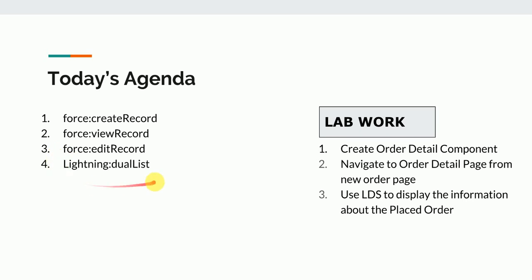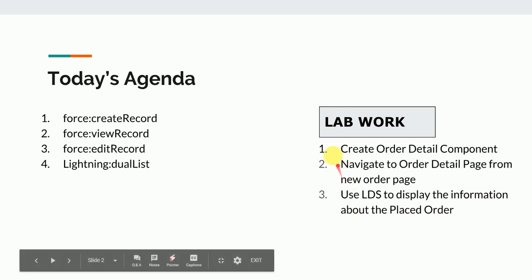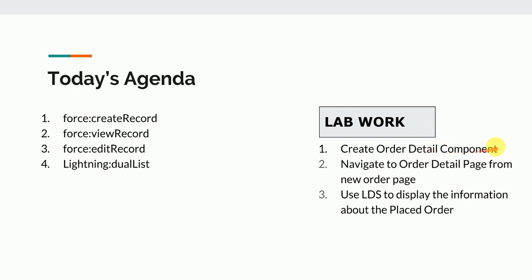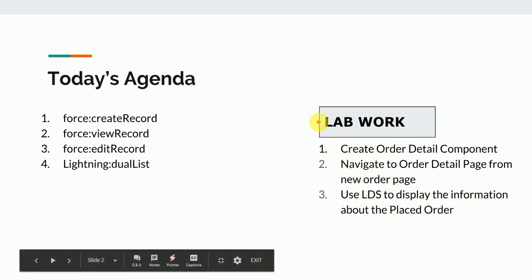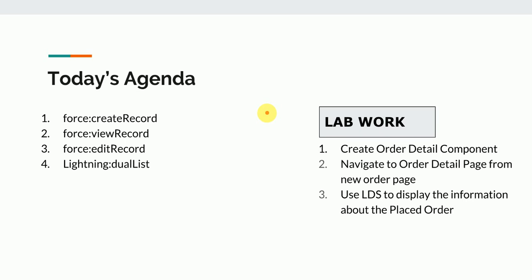And then we will also see a new feature, Lightning dualListbox, to create a dual list in different work scenarios. For the lab work, we have 3 tasks for today. One is creating a card order detail page component, where we will display all the details of the order placed by the user. Then we will modify the controller of the create order component to navigate to this newly created component, and we will display the information with the help of the Lightning standard controller that we learned in the previous session. So let's start from the